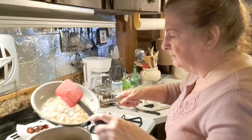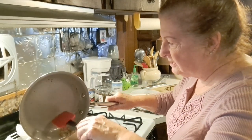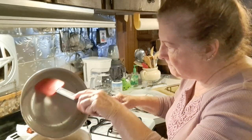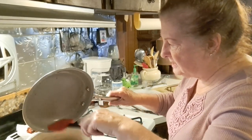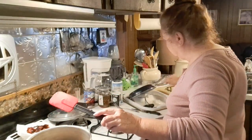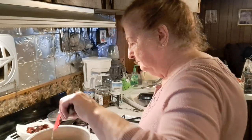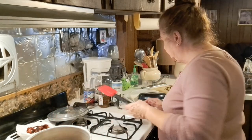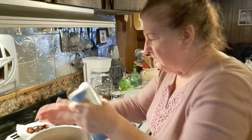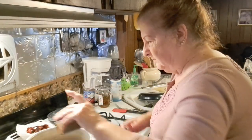First, I'm going to dump my sauteed onions and garlic right along with a little bit of bacon grease right in my pot, because that's going to help season your peas. I'm going to put in some salt, pepper,